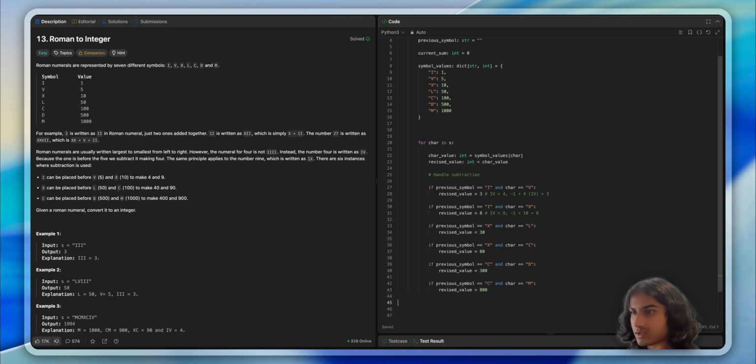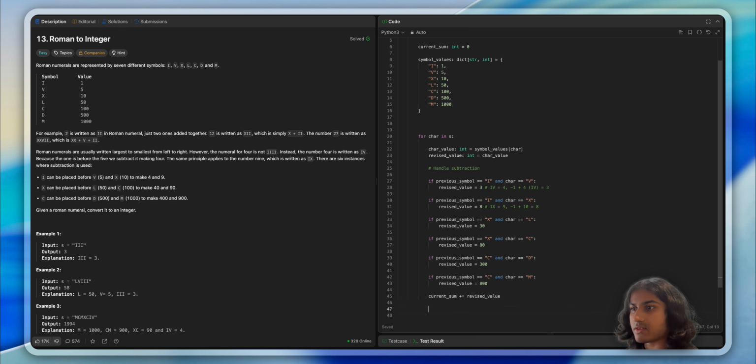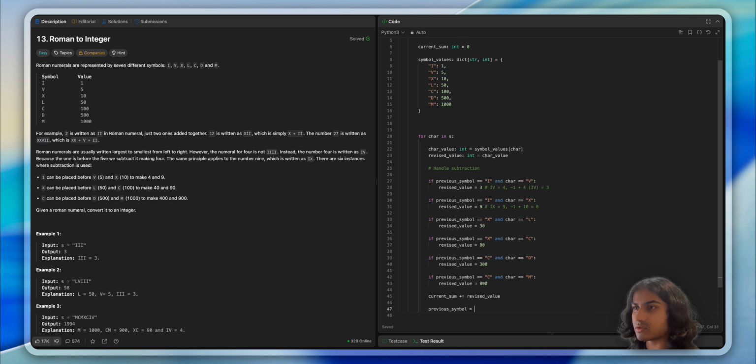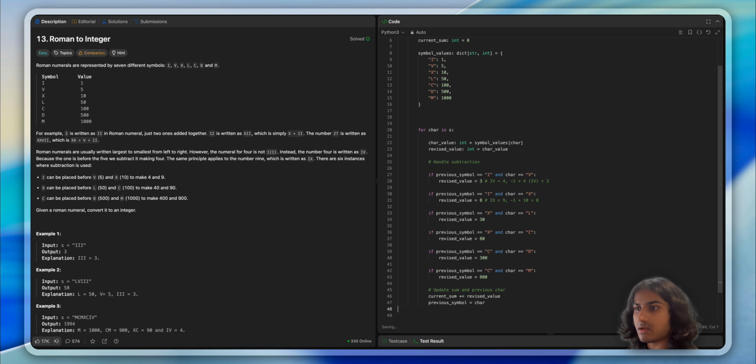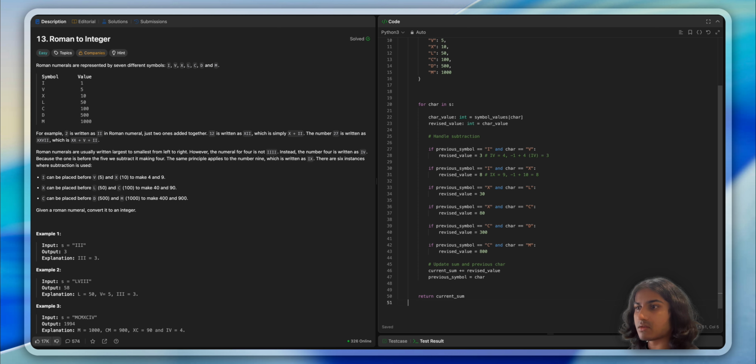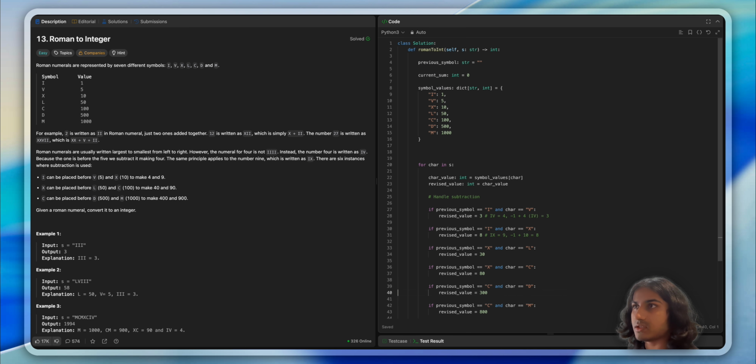Now, once we have the revised value, all we need to do is add that to the sum, and then we want to update what our previous symbol was. So previous symbol equals the current character. And then we can simply return the current sum. And this would be the